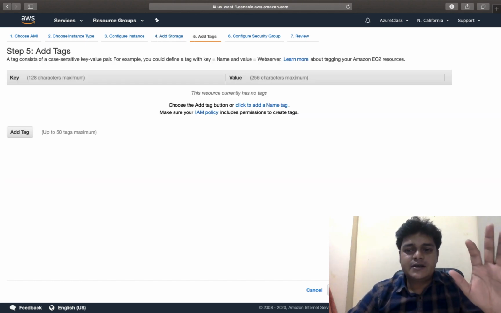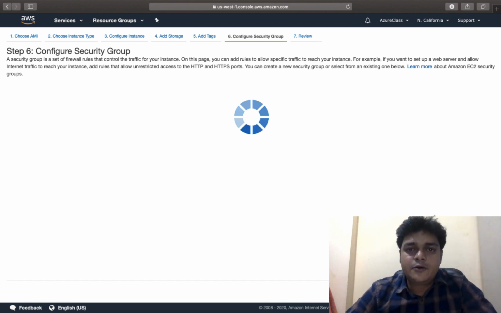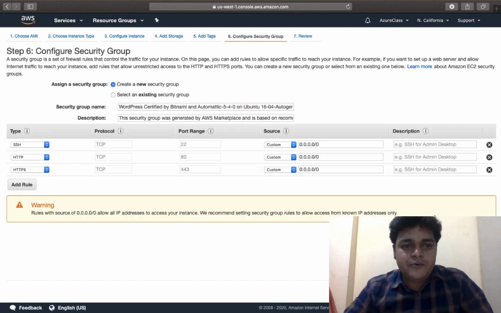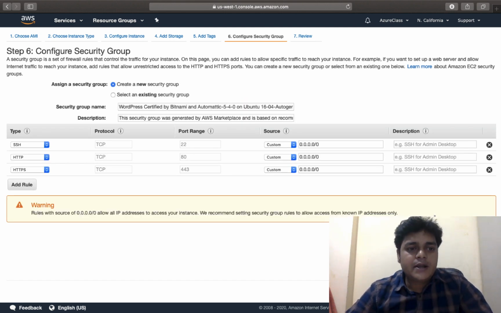Just click next. Next is the security group, and a security group is a type of virtual firewall that can allow and deny inbound and outbound ports, right? So no need to make any changes here. SSH, HTTP and HTTPS, three different ports are available. All are incoming ports. You can configure it to expose your services from your server to the outside world.